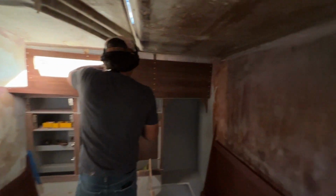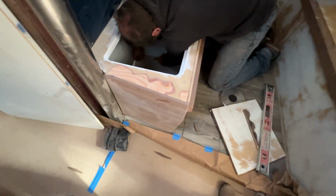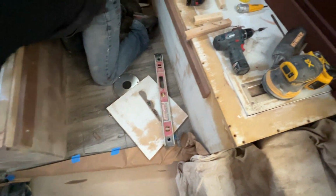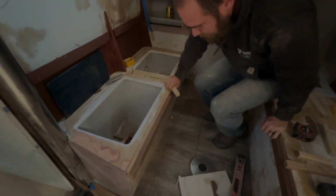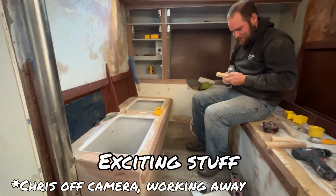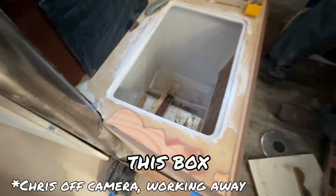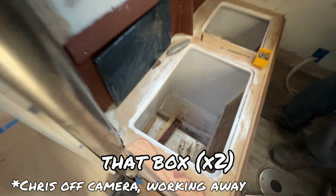Okay. Here's Justin now. Hello. This is our brother-in-law, Justin. He's been a regular handyman on our crew, always helping whenever possible. Today, he's installing the floor to this stowage area, making those cleats to build that shelf. Exciting stuff. This box right here. That box is gonna have